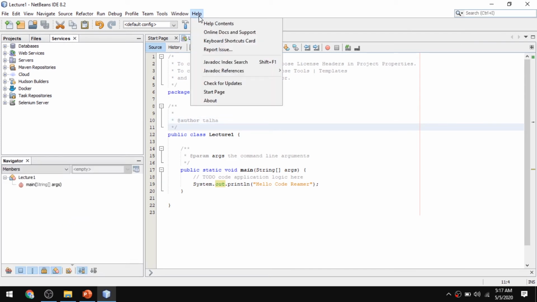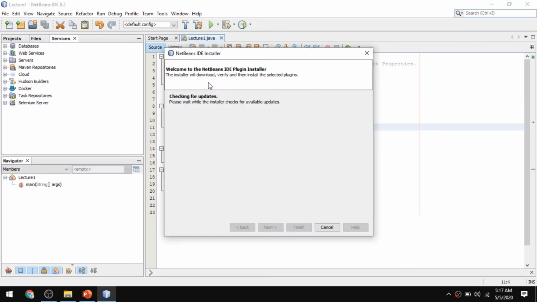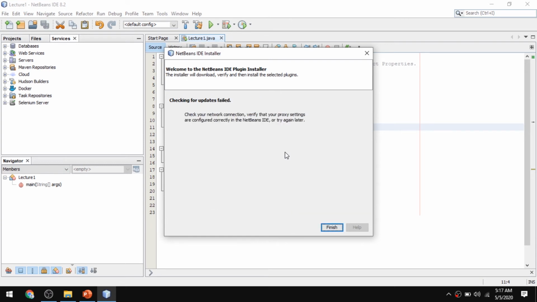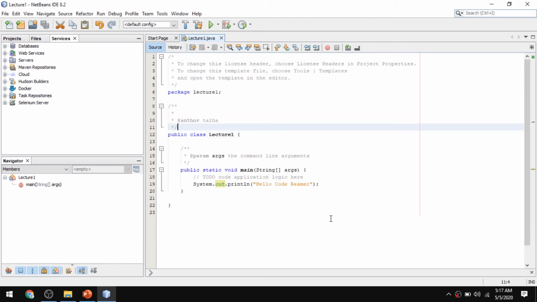And if you want any help, updates, check for updates, and it will check first, and if there is any update, it will let you know, or otherwise it will say that your NetBeans IDE is up to date.